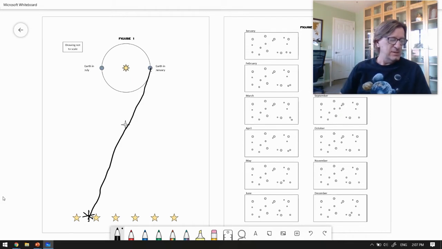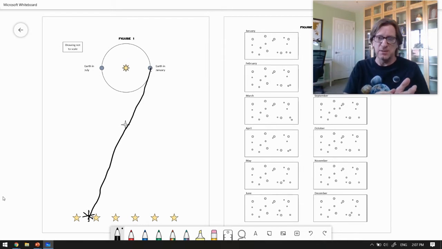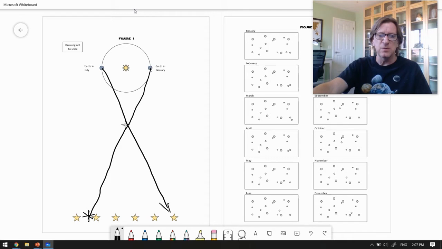Then it says, using the same method, determine which distant star the nearby star will appear close to, as seen from Earth in July. Now, if you didn't quite understand what the instructions are, and you're looking at this and going, oh, now I see what he's doing, pause the video, go back and fix it, and then come back. That goes for all the rest of this explanation. So this one's going to look like this. We have a diagram similar to what we showed in the PowerPoint a little while ago.